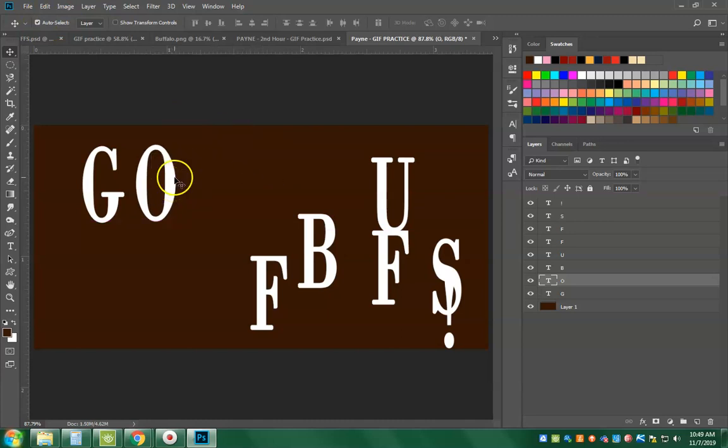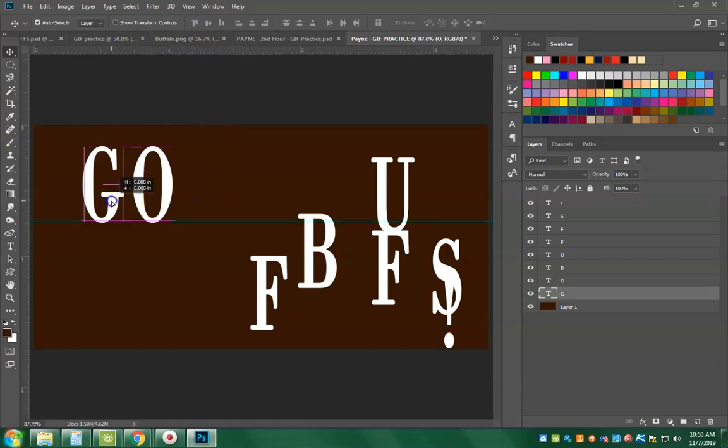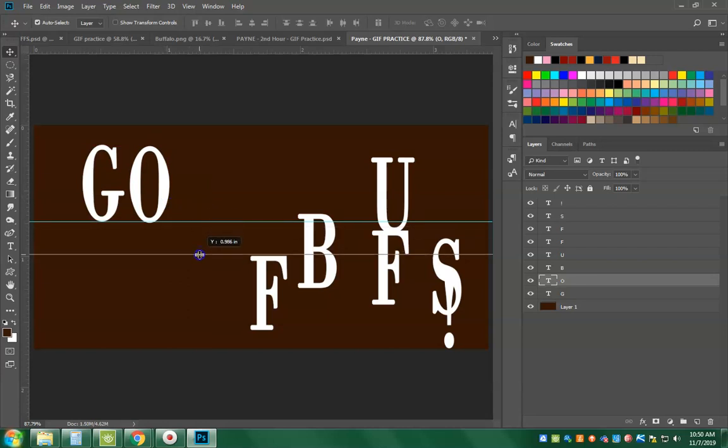As you are doing this, something that I haven't shown you yet this semester, some of you may know it from previous classes, you can set up guides to help make sure that everything's lined up straight. I know when you're doing it, you're going to get these pink lines, and that's great, but sometimes those guides can help a little bit too. So if you have your rulers on, if you do not, push Control-R to show your rulers. Okay. Once you've done that, if you click anywhere in the rulers, either on the side or along the top, and drag it down, it's going to help create a guide so that you can make sure things are lined up. Okay, so what I like to do sometimes is I like my guides to be about in the center,